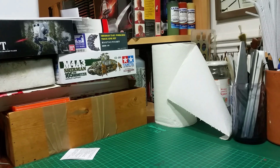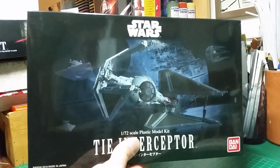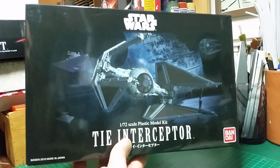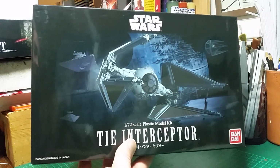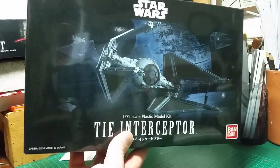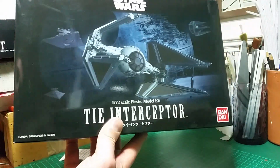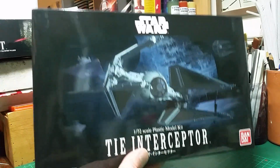Alright. And another one to add to my Star Wars stash, one of two I've actually got, was this one. Again, I saw Andy of Hobby Headquarters, his video on the build of this, and that just basically convinced me to get this baby. So I've got the TIE Fighter, I've got the Advanced TIE Fighter, and now I've got the TIE Interceptor. I think this one came from The Empire Strikes Back. So yeah, it's an awesome looking kit. Level of detail is superb,